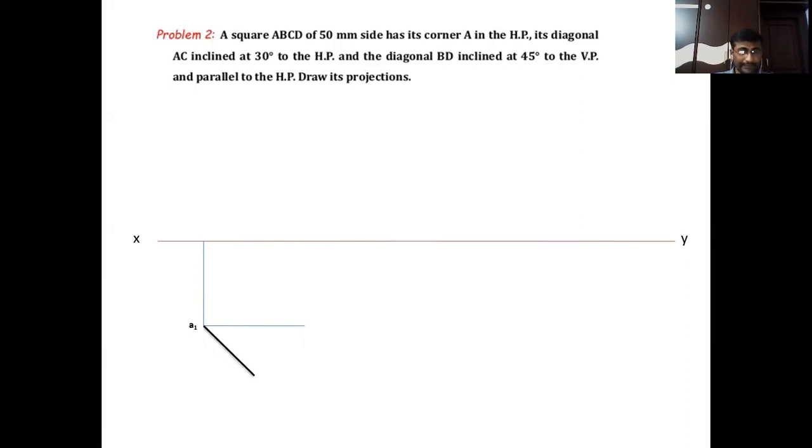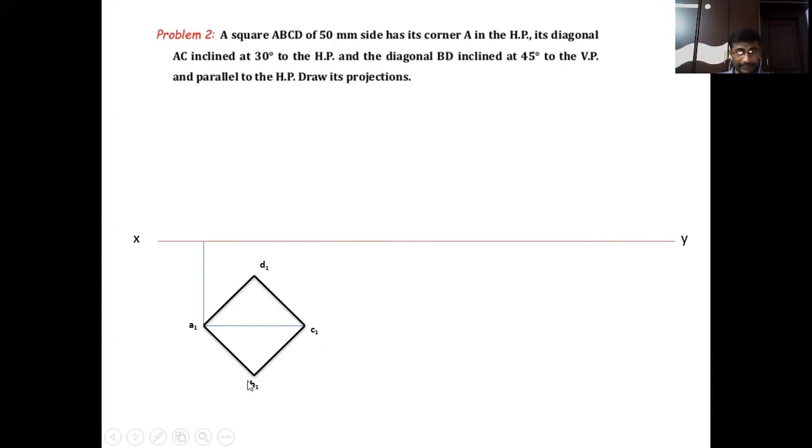Then draw an inclined line, a 45 degrees inclined line to the horizontal line. Another line inclined at 45 degrees to the horizontal line, and locate the point B1 and locate the point C1 at a distance of... Draw the parallel line to this line at point B1, which will be intersecting the horizontal line at C1. Like that, you have to locate the C1, and then from that C1, draw another line which is parallel to A1, B1. And the final point, we will get the D1.